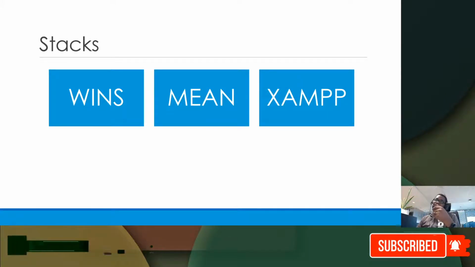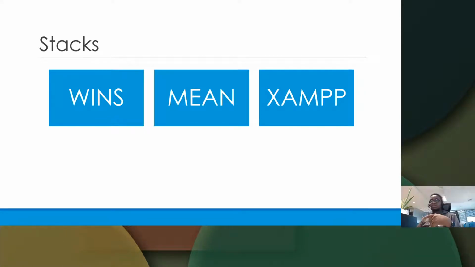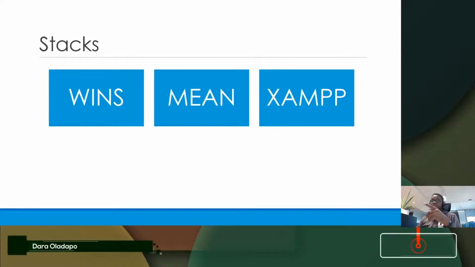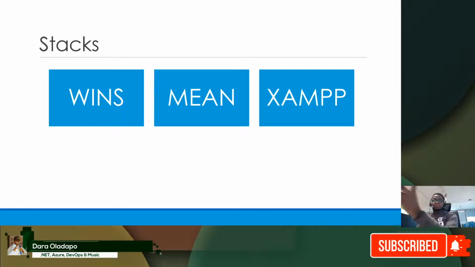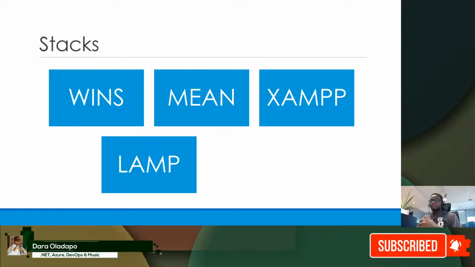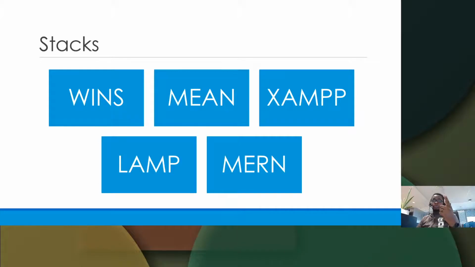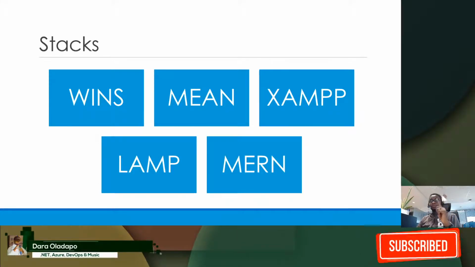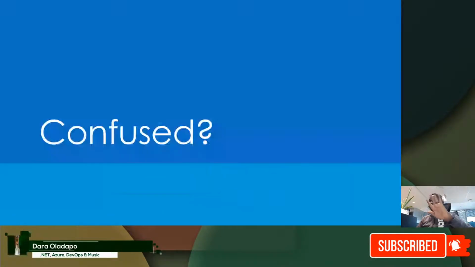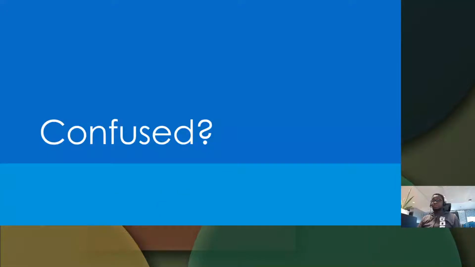I've forgotten what X means. A is Apache, I think. M something else, PHP and something else. So that is XAMPP. We have LAMP. We also have MERN. MERN is MongoDB, Express.js, React, and Node.js, I think. Yeah, so that is that. But yeah, that is why it comes here.